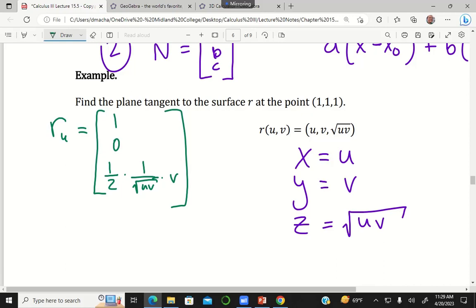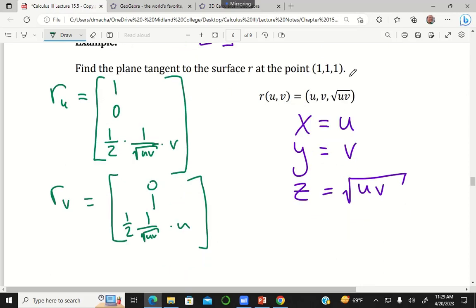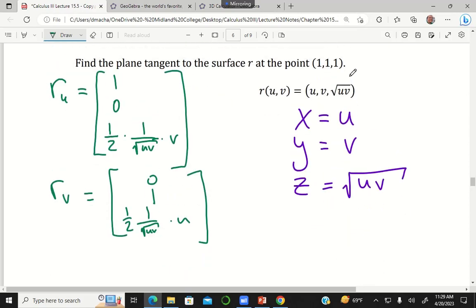And then we would find the partial of r with respect to v. And that vector would be 0, 1, and then 1 half 1 over square root uv times u. And then, to find our normal vector, we're going to take the cross product of those two partial derivatives. And so I remember that the cross product